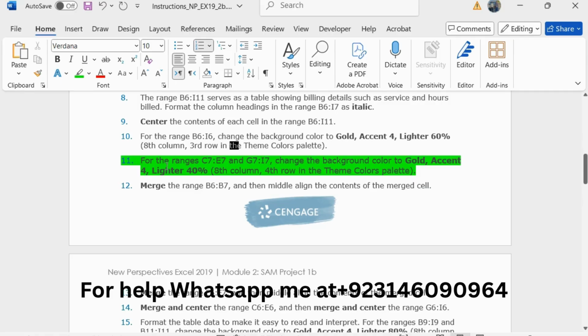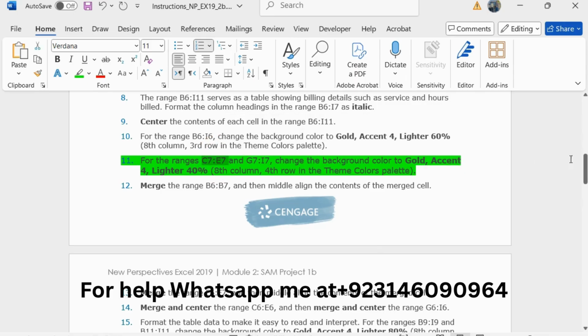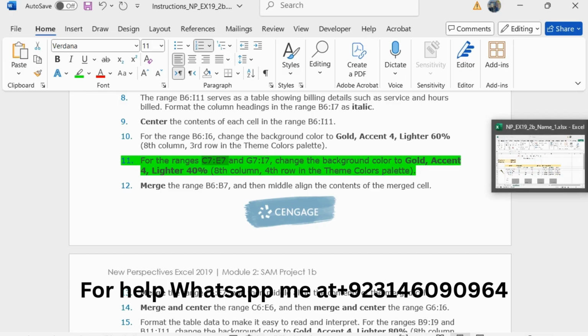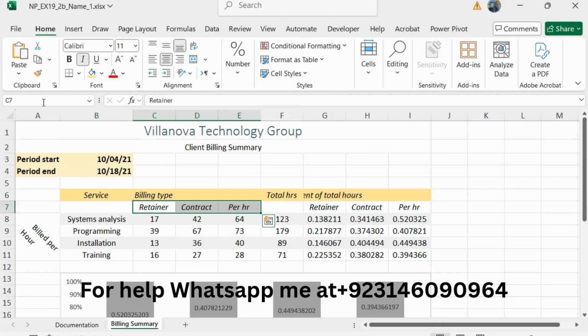Step number 11 is for the range C7 to E7 and G7 to I7, change the background color to Gold Accent 4, Lighter 60%. So copy the range C7 to E7 and G7 to I7 here and paste the range here. Now press the Control button and select the range G7 to I7.